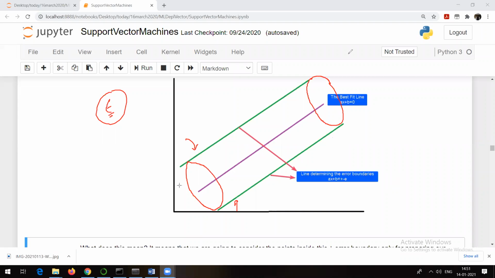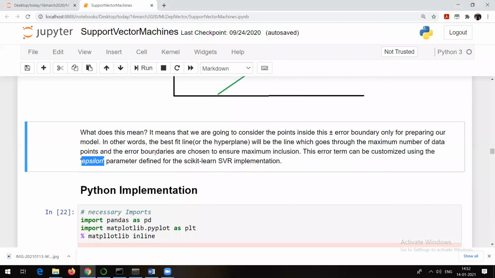So by default, the value of plus-minus epsilon is 0.1. This is a standard value. You can try it out with other values. Okay, that's possible. So it can be 0.01 also. This is how you can go in the case of SVR. So let's see the implementation. Okay, so in scikit-learn as usual, we have this particular method available, support vector regressor.